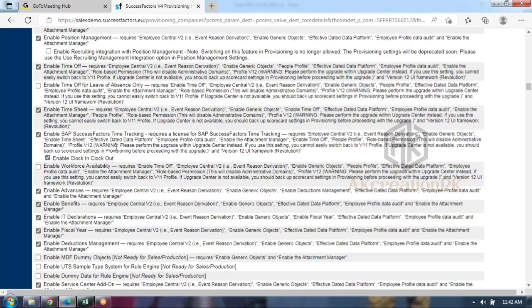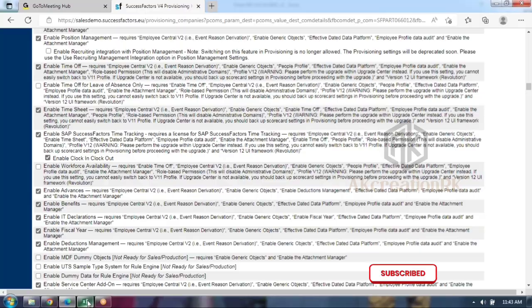Even if you go in with super admin permission roles in the older version, you couldn't see this, but right now this particular activity is available. Once you activate it, the respective transactions or features are activated in the instance system, guys. That is the advantage. If you uncheck this feature, you can't see the respective features against time tracking at the instance level. Keep that in mind. So you have to activate time off this way, guys.